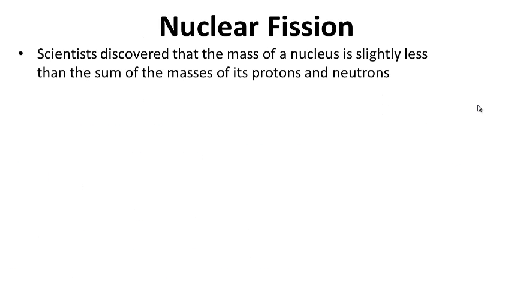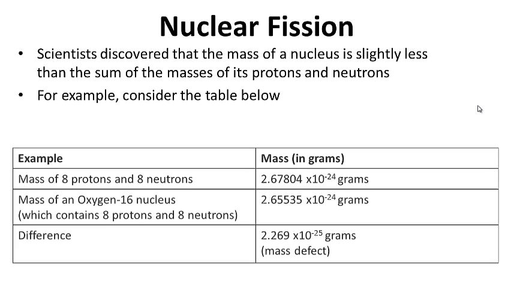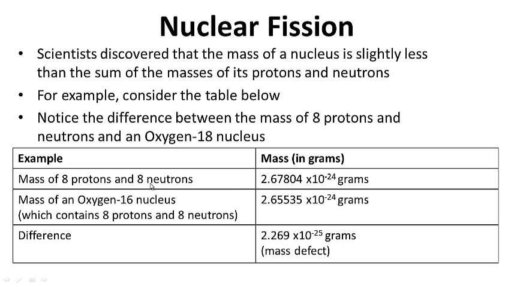All right, so nuclear fission. Scientists discovered that the mass of a nucleus is slightly less than the sum of the masses of its protons and neutrons. For example, consider the table here below. Okay, notice the mass of 8 protons and 8 neutrons and the difference here. Okay, 8 protons and 8 neutrons has a mass of 2.67804 times 10 to the negative 24th grams, while a